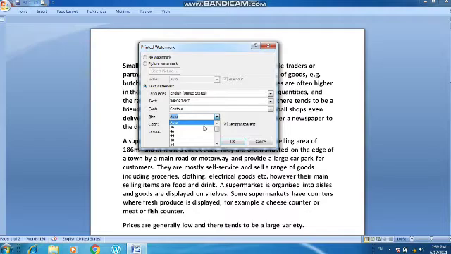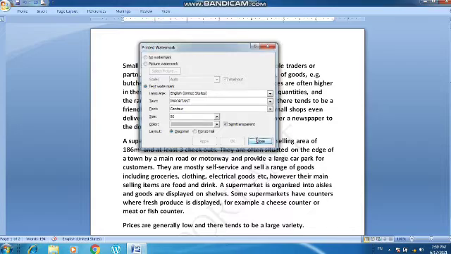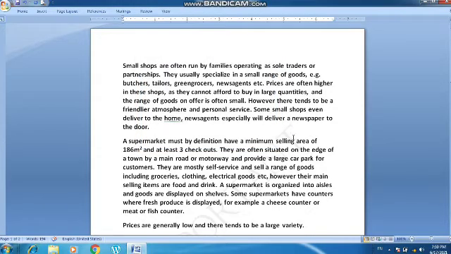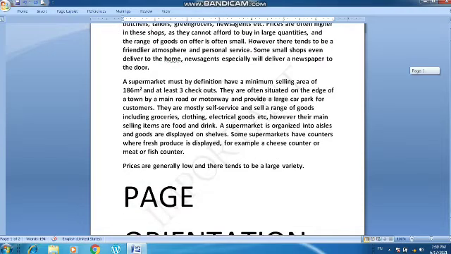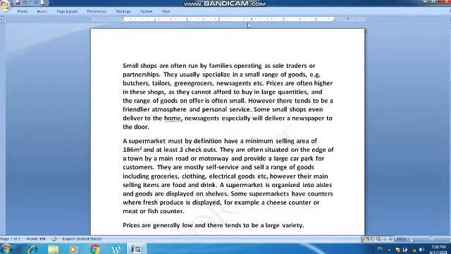Font size I am selecting as 80. You can select the layout also, whether you want it presented diagonally or horizontally. So same, it can be inserted, and press OK. So you can see a very light shade, important, is written over our document. When you watch it clearly, it will be seen by you. So this is how a watermark works.